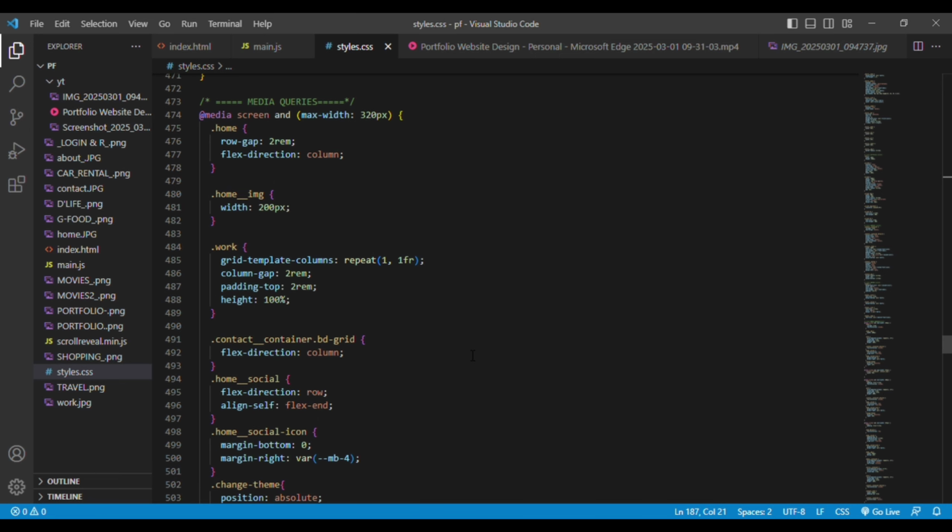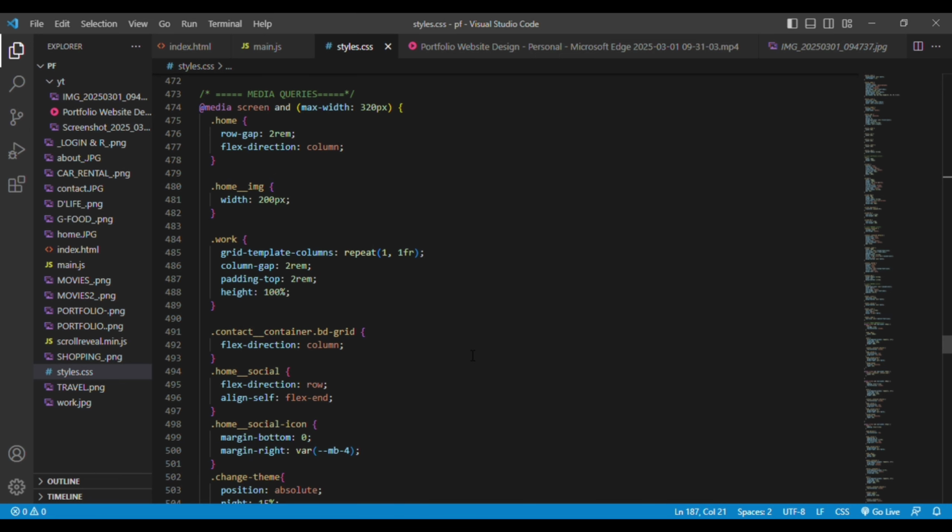Media queries are really important for the responsive design of a website. That is, it can be accessed in laptops, mobiles, or even tabs also. For that, you have to use these media queries. Here I am using @media screen, maximum width is 320 pixels. That is for the very small mobile version. You can see I am changing the home values, that is row gap is 2rem, flex direction